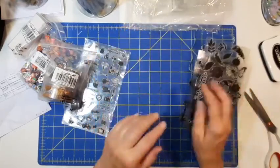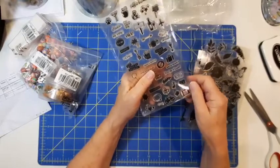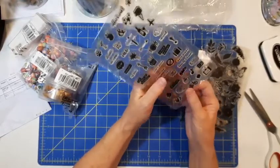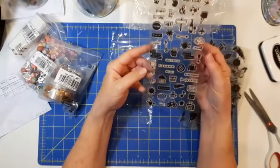That's going to make a gorgeous bunch of cards. And here's the last one. This one would be good if any of you do the planners, the little calendar planner things, because